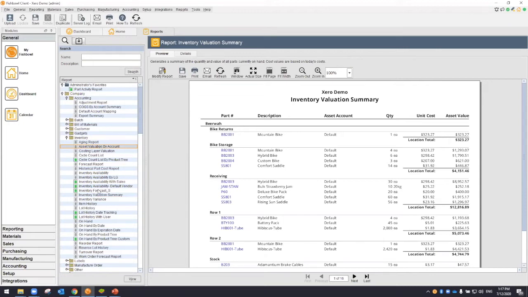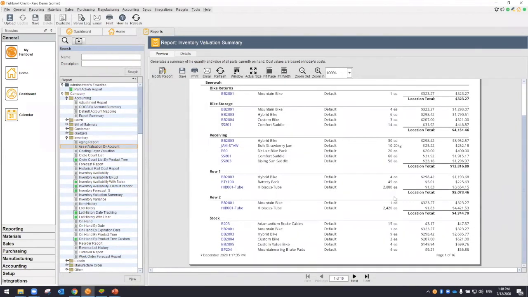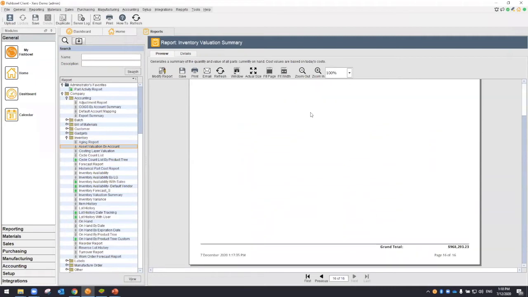Although just for those that aren't aware, this report that I've got on the screen at the moment, the inventory valuation summary, can also be filtered by individual asset account by running the modify report and putting your asset account in here. So you can run a report for each asset account and balance them off individually. So what we're trying to see here with our stock on hand values is I have a total or grand total stock value of